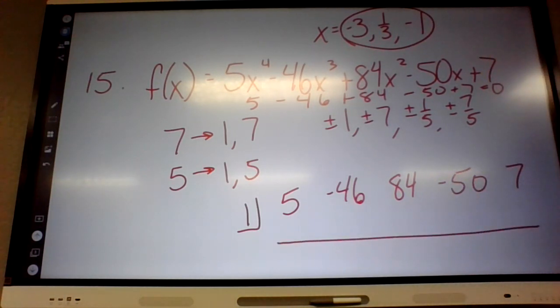They're kind of being nice to us because they're letting 1 or negative 1 be an answer. I guess with the calculator it's not that big a deal either way, but